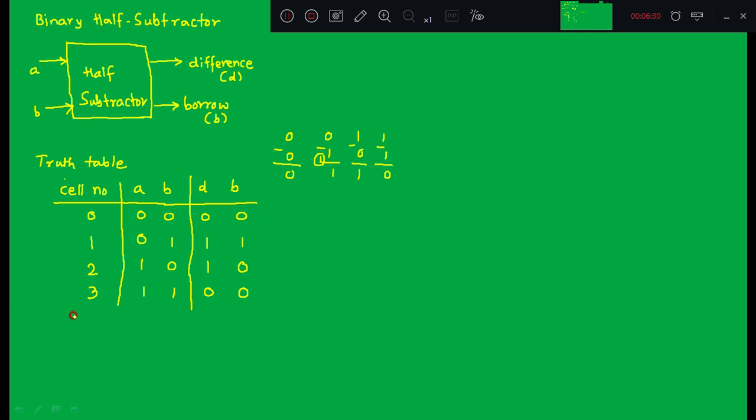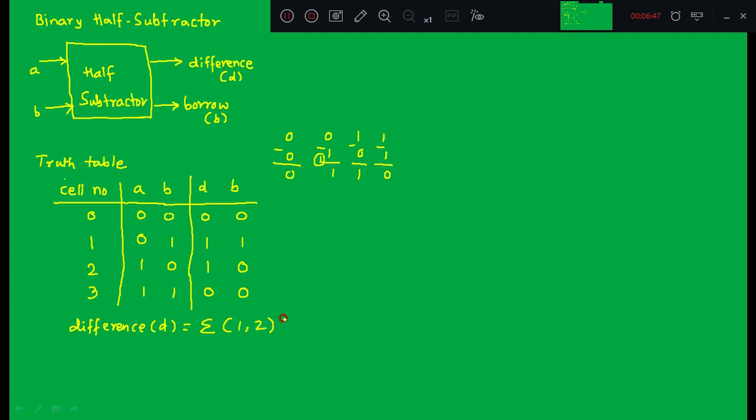You can derive the expression by observing the truth table here. For difference D, it is 1 at cells 1 and 2.